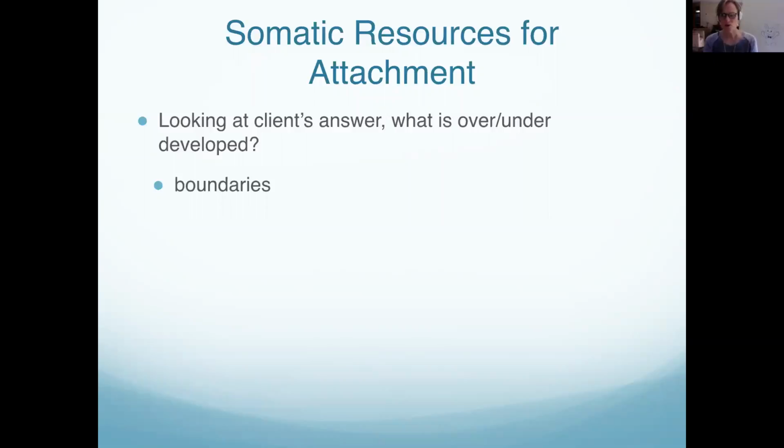Sometimes people are over boundaried by always saying no, over boundaried with anger that keeps people away. And sometimes they're under boundaried with just like, okay, I'll do whatever you say, I'll do whatever you want, agreeing to things they don't want to agree to, not being able to say no. So we're going to look at that with clients and then have some experiences of that.